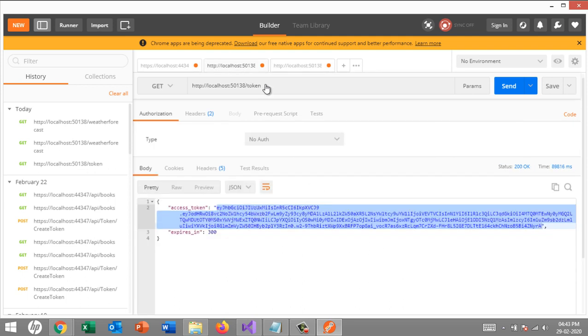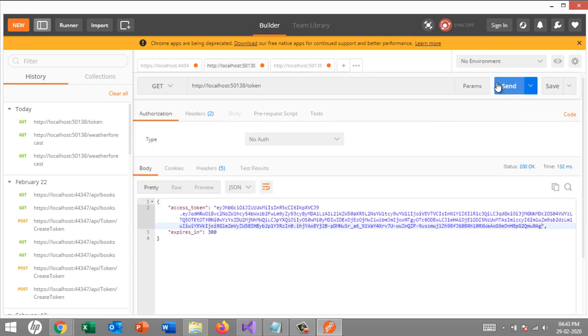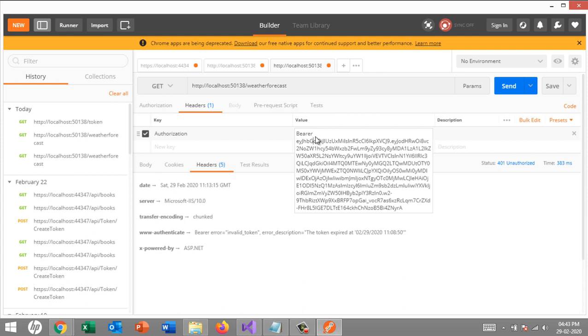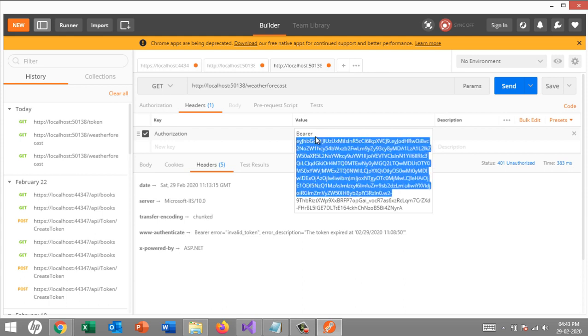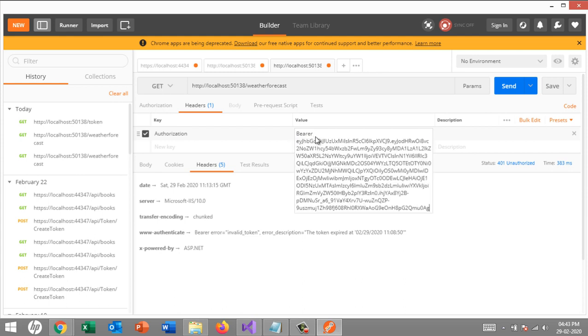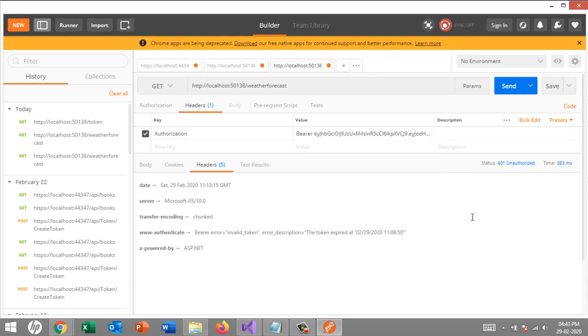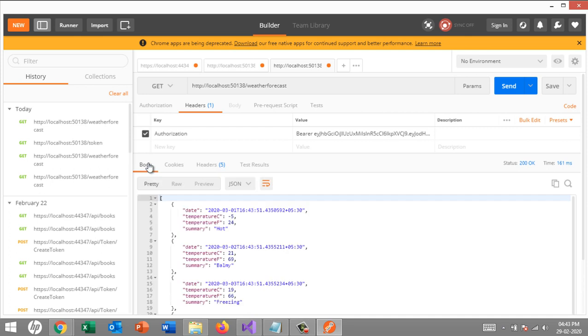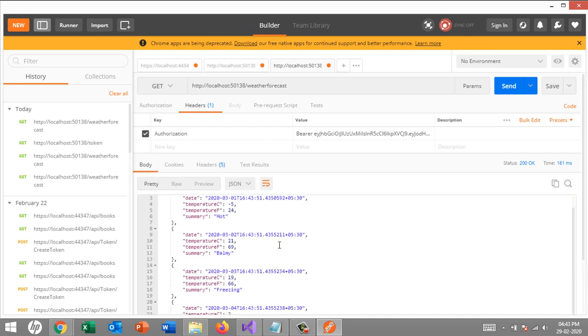So again I have to hit send and create a new token, because this token is valid only for 5 minutes. Copy this, put that in your header. The header attribute should be authorization, and then paste, and then try to send. You should get a proper response. Perfect. Okay, this is the simplest